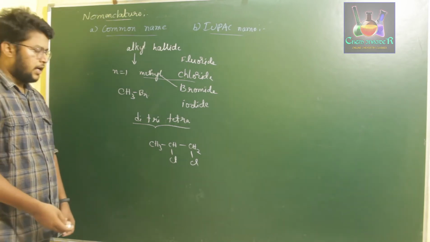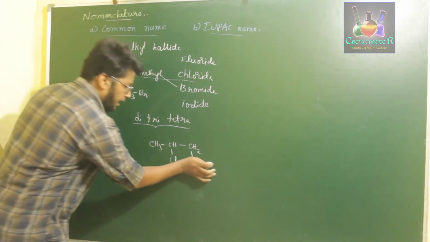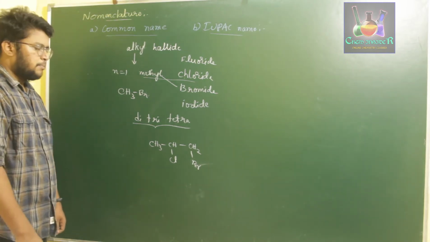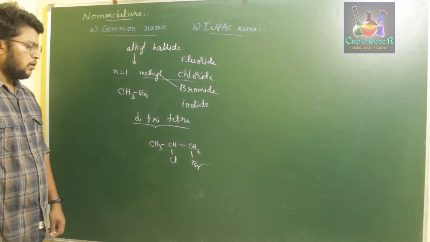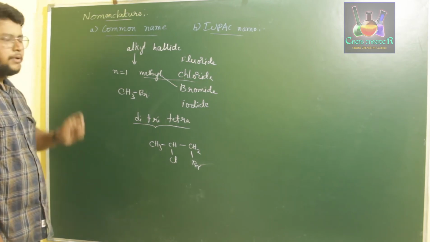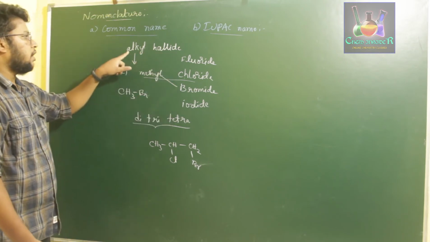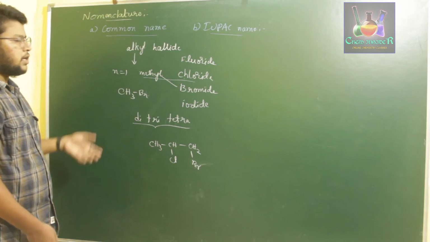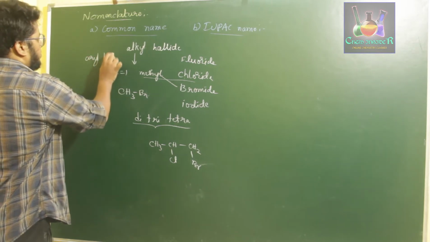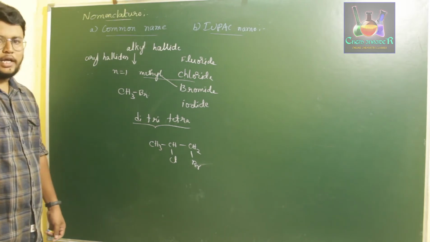If you have two different atoms like chlorine and bromine, in the common name of the compound, this will be called propyl chlorobromide or propyl bromochloride. So common names are usually called alkyl halides, where halide is nothing but our halogen atoms and alkyl is nothing but our alkane groups. In the case of aryl compounds, we call them aryl halides. So this is about the common names of haloalkanes and haloarenes.